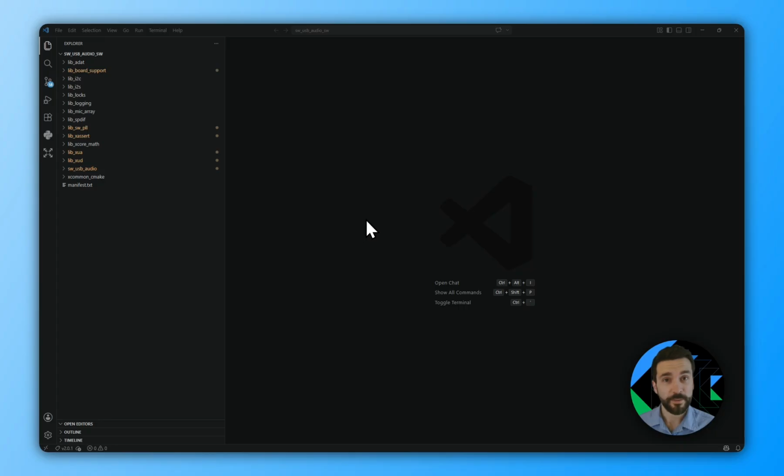In this video, I'm going to demonstrate how to interact with a more complex workspace, one that has multiple projects all defined in the same folder. For this purpose, I've downloaded the USB audio stack from the XMOS website. That'll be linked in the description. You can see from the File Explorer view there are multiple libraries all defined side by side, along with the